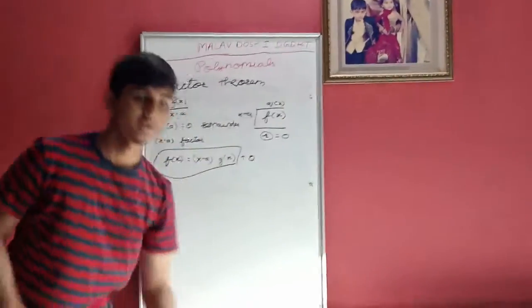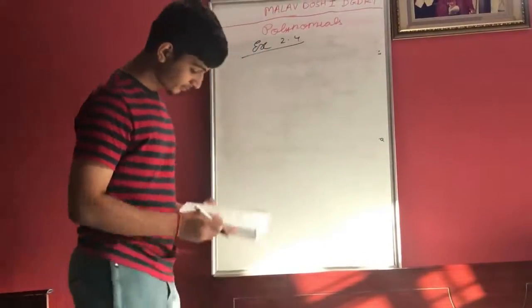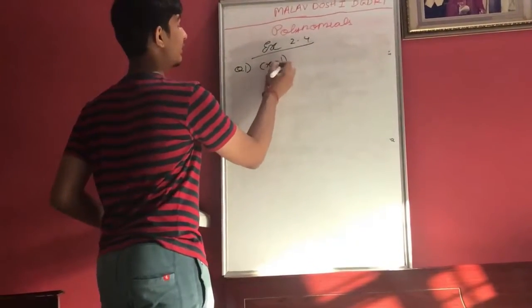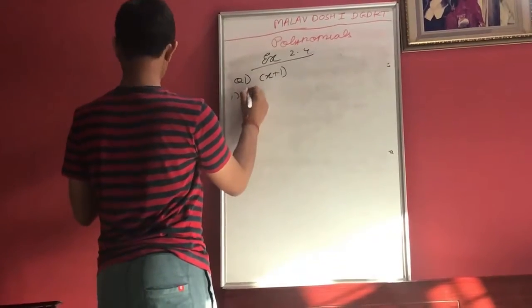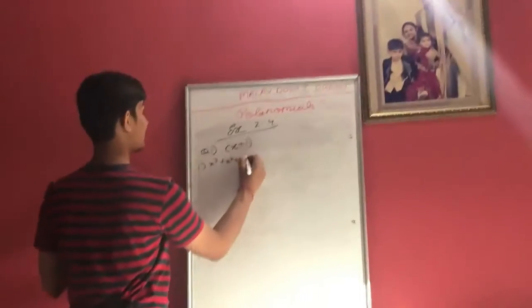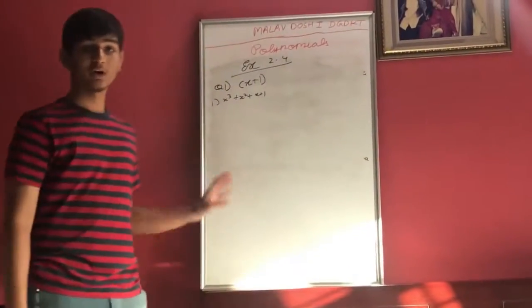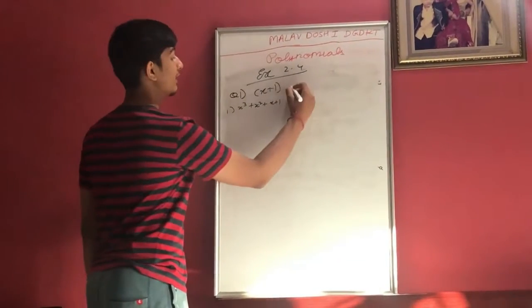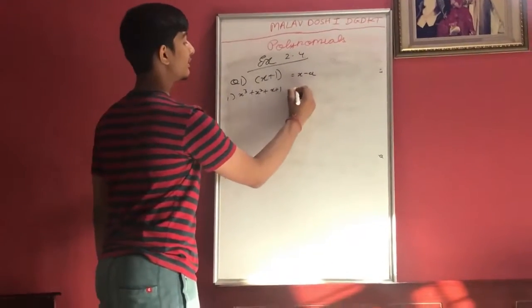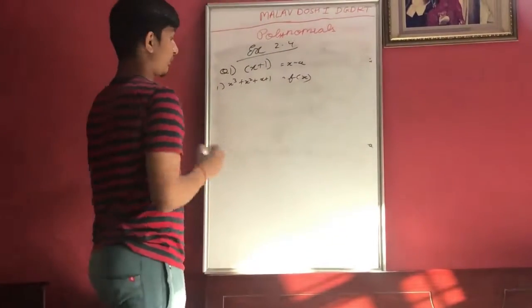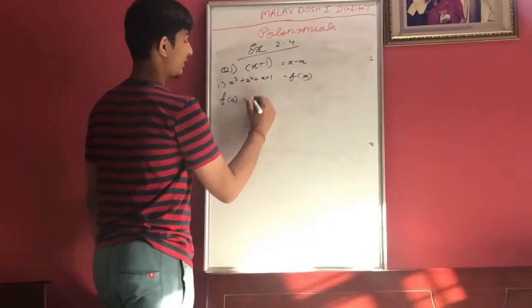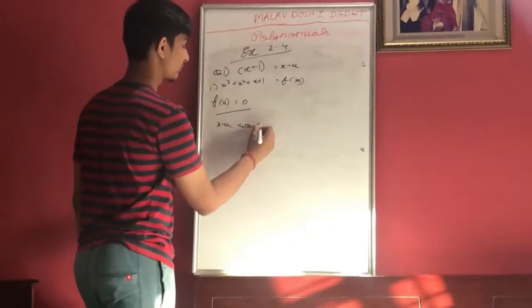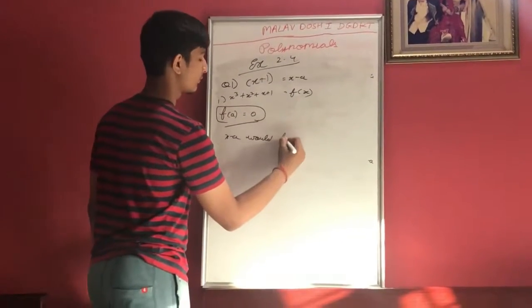So let's take exercise 2.4. In exercise 2.4, the first question is to examine whether x plus 1 is a factor of first, x cube plus x squared plus x plus 1. Here I am only showing the method, I am not doing all the sums. So here by the factor theorem it is stated that if we take this as x minus a and this polynomial as f(x), if f(a) or the remainder would be 0, then x minus a would be a factor